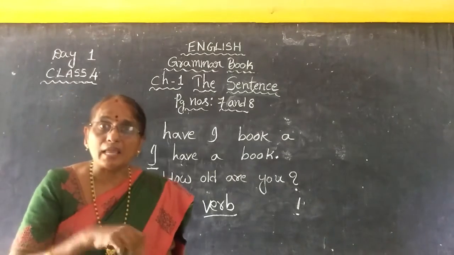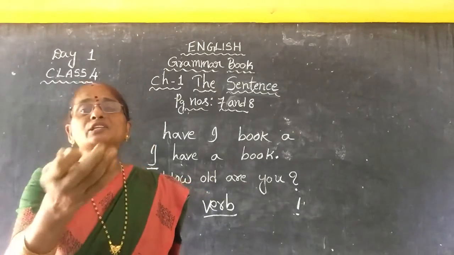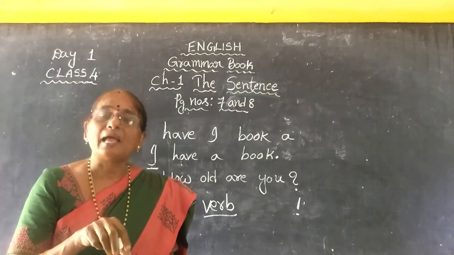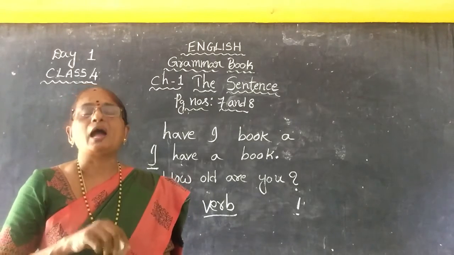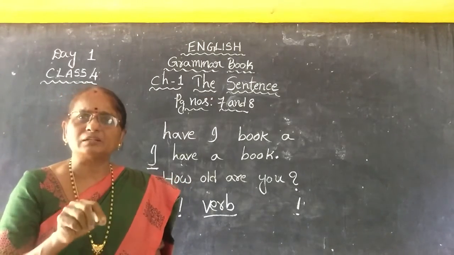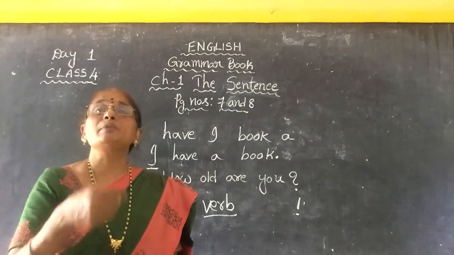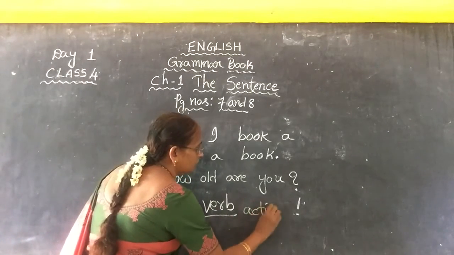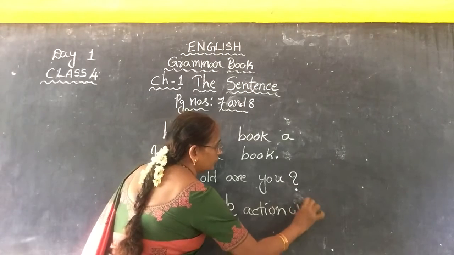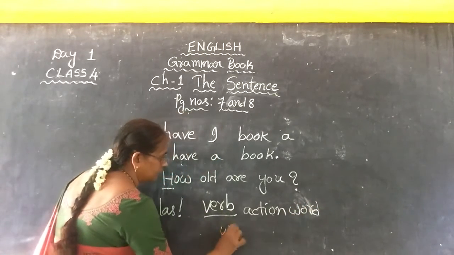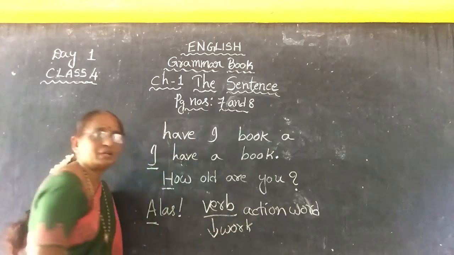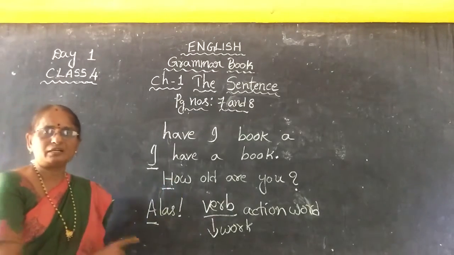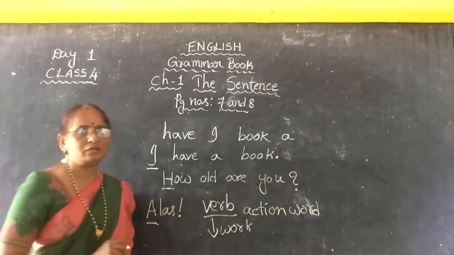Which work? Now what am I doing? I am explaining to you English grammar chapter 1, the sentence. Then what is the action in this sentence? Explaining. What am I doing? I am explaining. I am doing some work. What work am I doing at present? I am explaining. That is called an action verb. So verb means action verb, children. Means work. So a sentence contains a verb, starts with a capital letter, and ends with these punctuation marks, children.